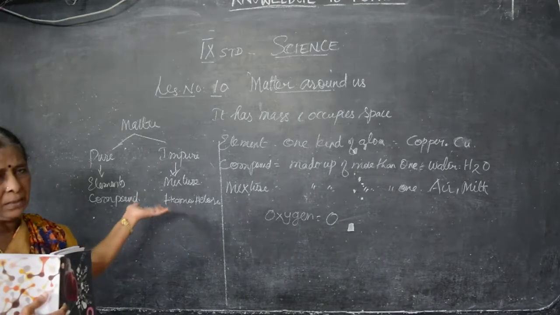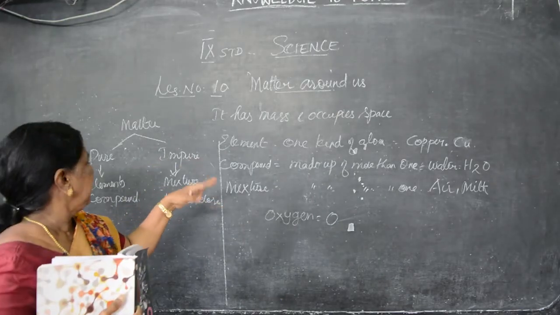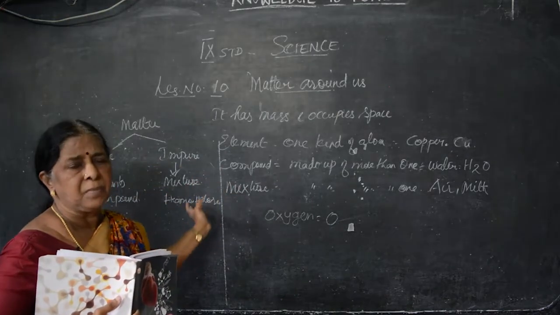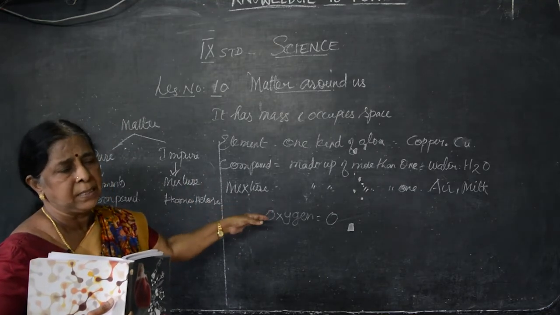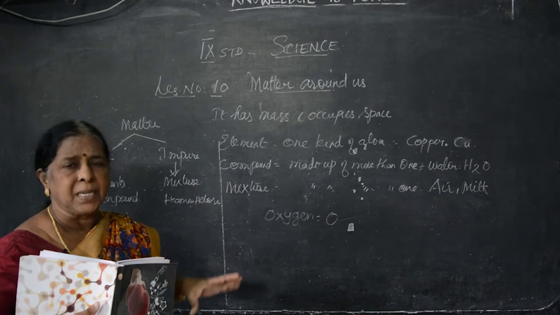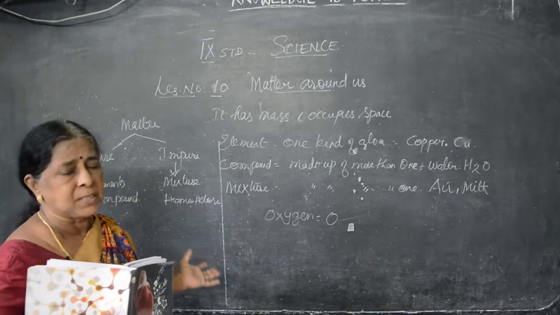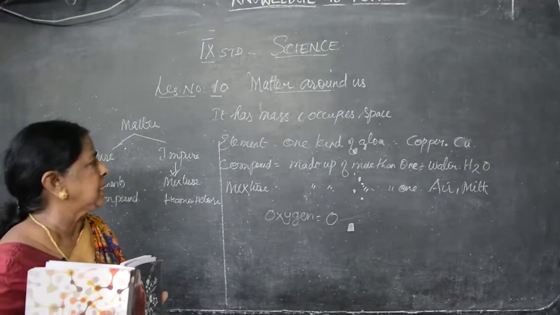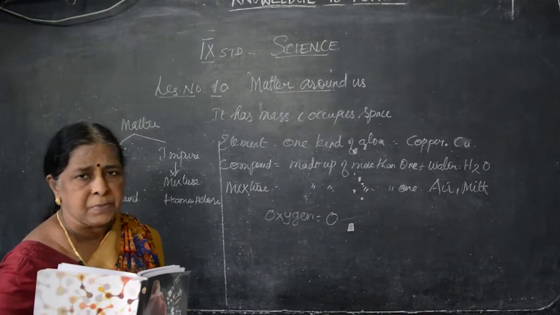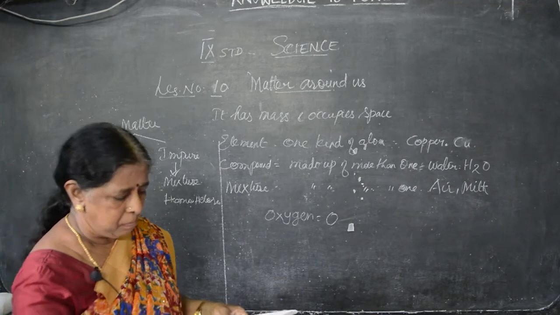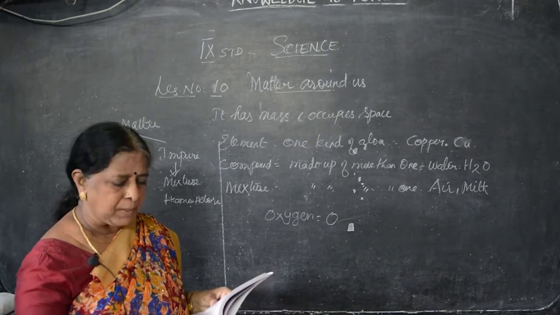The same, but for non-metals it is the opposite. Whatever qualities we say for metals, we have to say no to that for non-metals. Metalloids are a certain kind of element. They have the characteristics of both metals as well as non-metals. For example, silicon and germanium are examples of metalloids. We have studied that already.